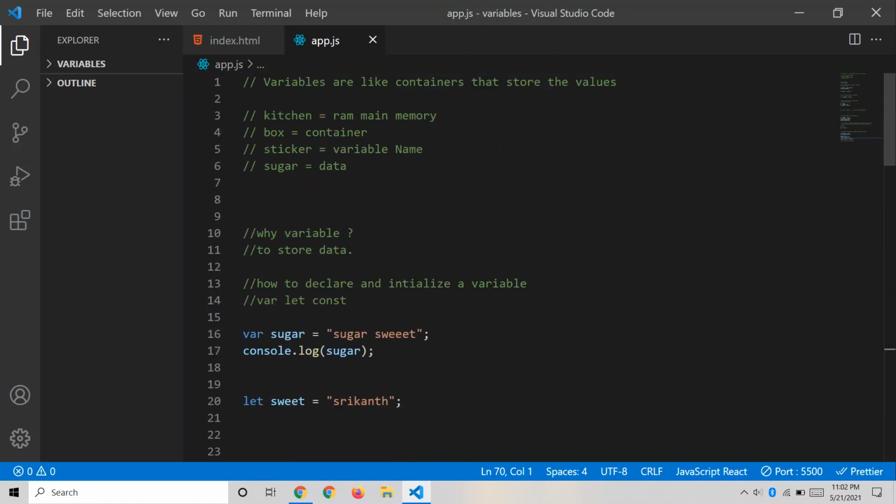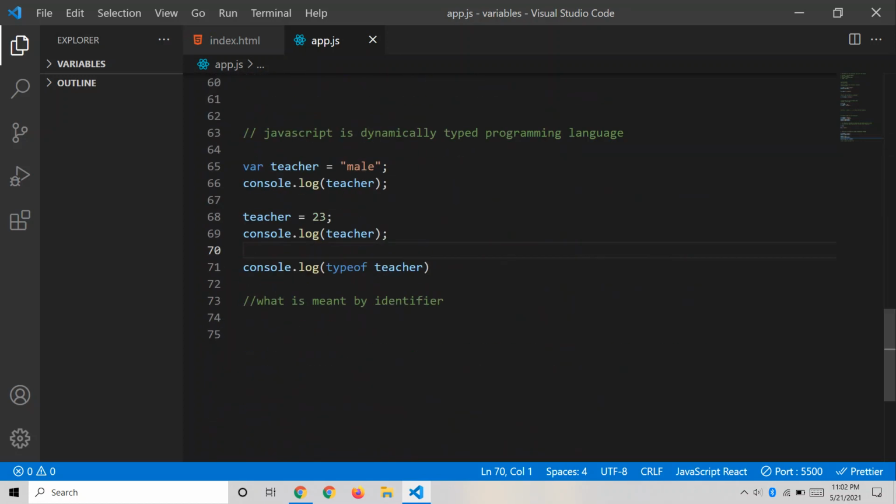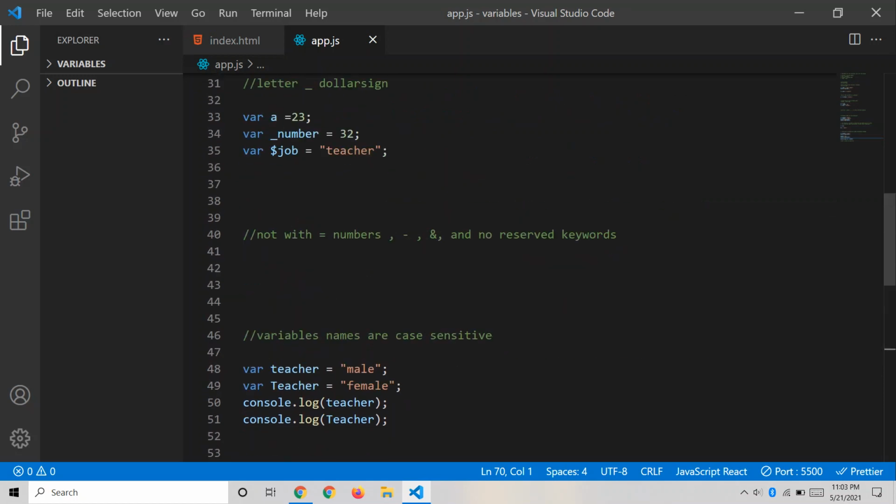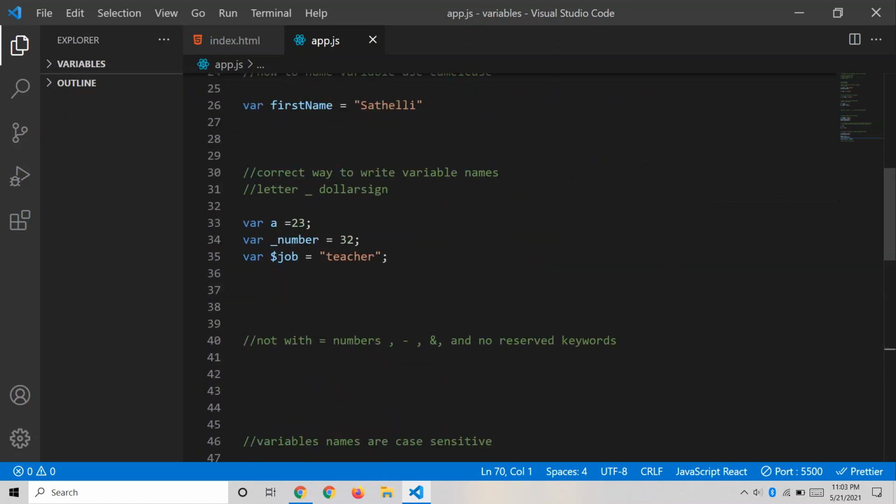I would like to repeat once again, what is a variable in JavaScript? A variable is just like a container which stores some data, and we give a name to that variable, and whenever we want to get that data, we call it with that name. So that's all about variables, and that's it about identifiers. An identifier is nothing but the unique name of the variable. And we should only use these stylings, these notations, to give the names.